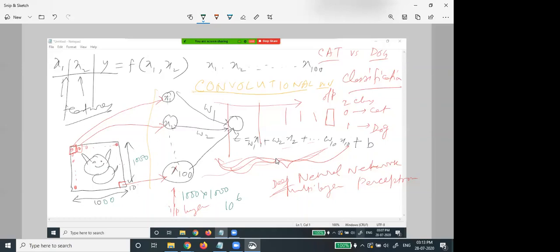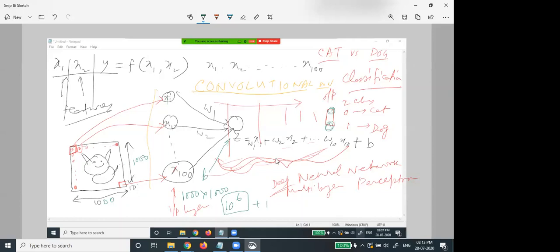So in our architecture, the input layer will have this many nodes, plus one, because another node is the bias. So this many nodes, and the output layer only 2 nodes.